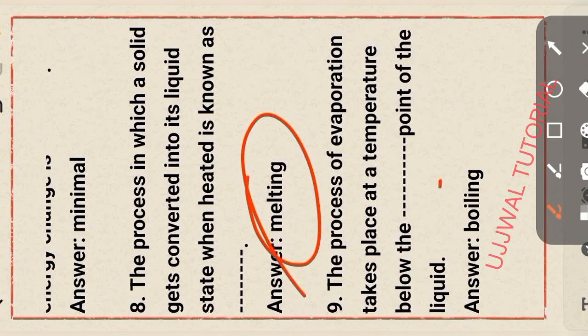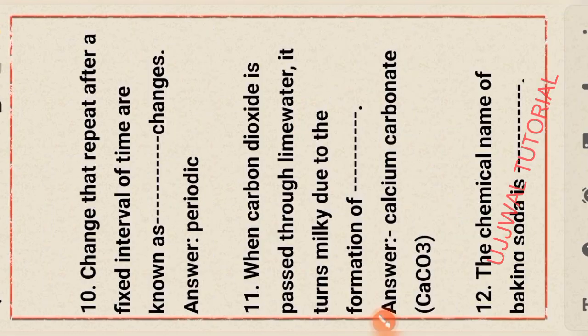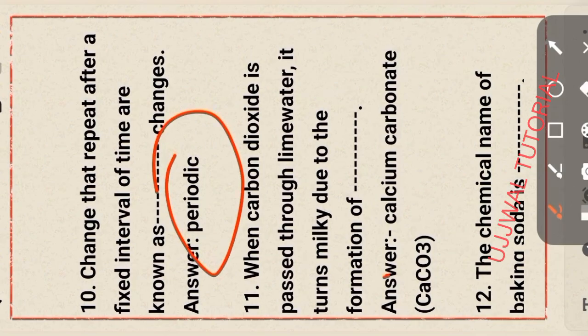Okay, next question. The process of evaporation takes place at a temperature below the boiling point of the liquid. Evaporation is also a type of physical change. Okay. Question number 10. Changes that repeat after a fixed interval of time are known as periodic changes. Okay. Next,